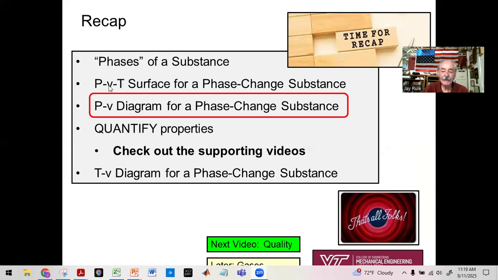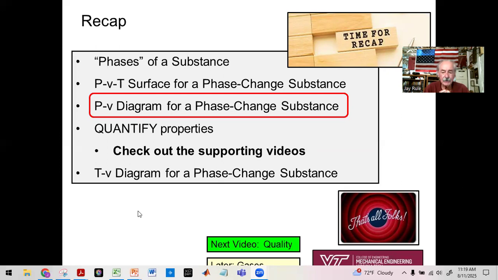So we have reached, mercifully, the end of this video. And so let's see. I've shown you the PVT surface. The most important thing is getting a feel for drawing in pencil and paper the pressure-specific volume diagram for a phase-change substance, getting practice with H2O. I've tried to give you